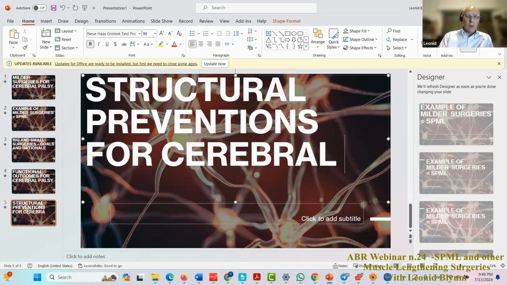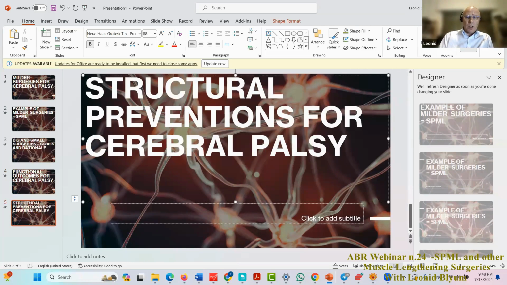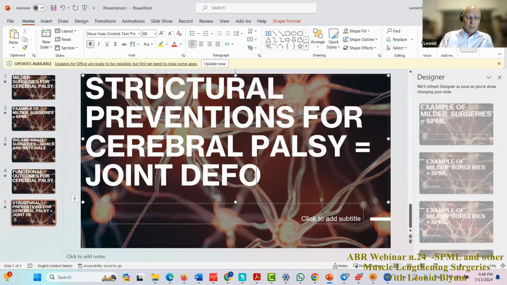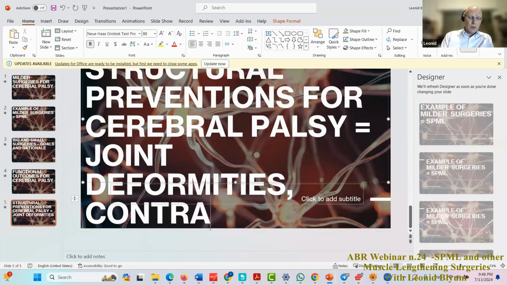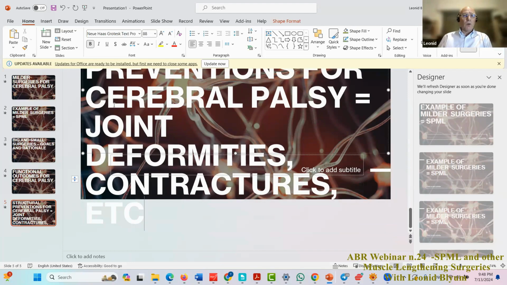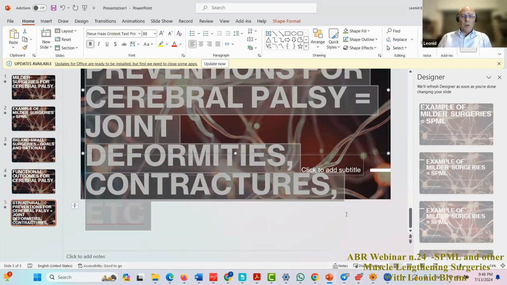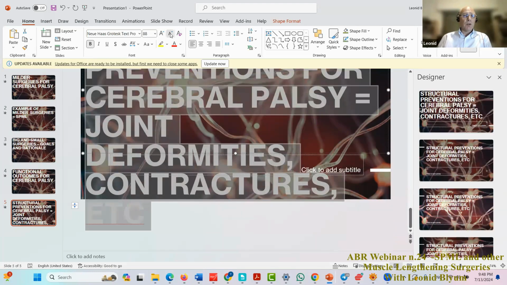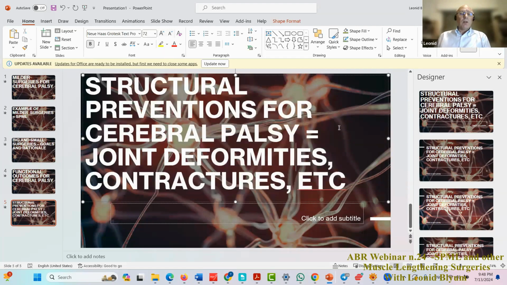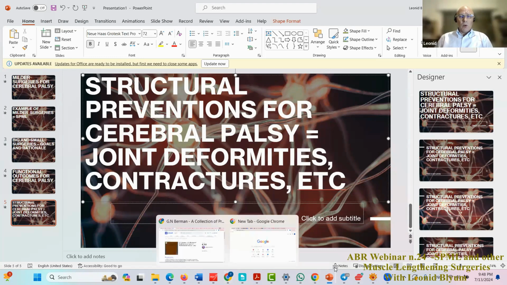And of course, when we talk about the structural dimensions, those are joint deformities, contractures, etc., with the particular focus that people have on the entire hip subluxation domain. So these are the key ideas. Okay, I think that that's quite straightforward, and as you know, I will probably flip back and forth between these subjects,